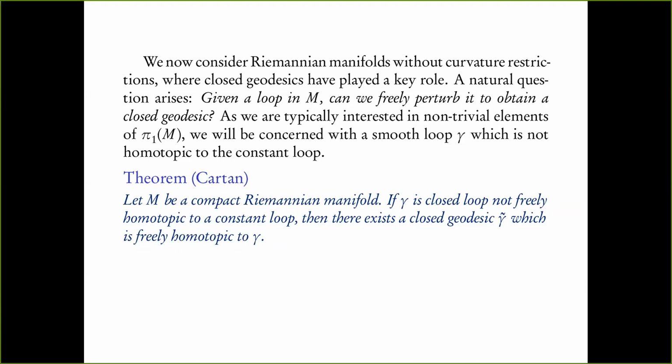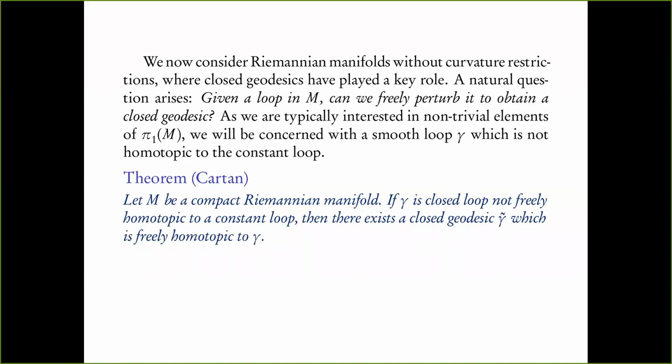So when you say gamma and eta as loops are homotopic, usually you mean that gamma of 1 is x0, eta of 1 is x0, and there's a one parameter family of loops h of t, so that h of t comma 1 is also x0 at all times. So these are homotopies preserving the base point at all times. The freely homotopic means that this h of t at 1 is x0 is not required anymore. So these are loops which are homotopic to each other as loops, but the base point condition is not there.